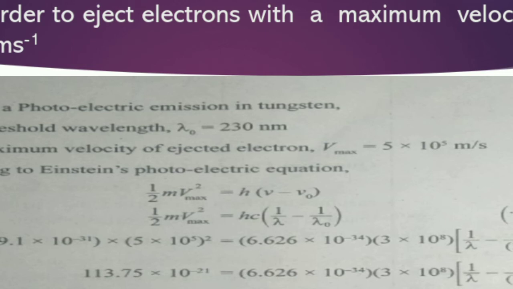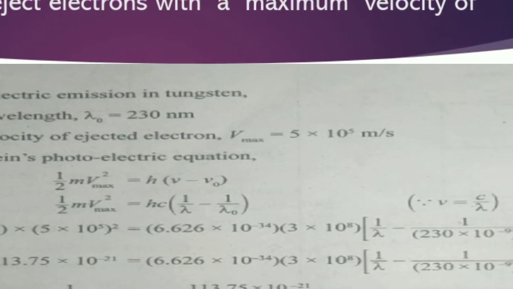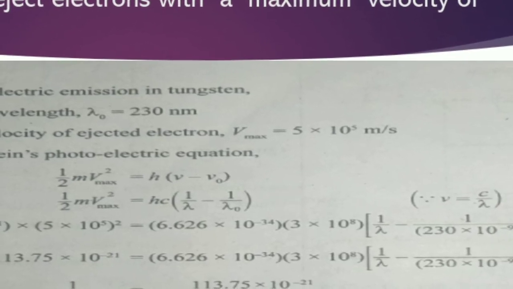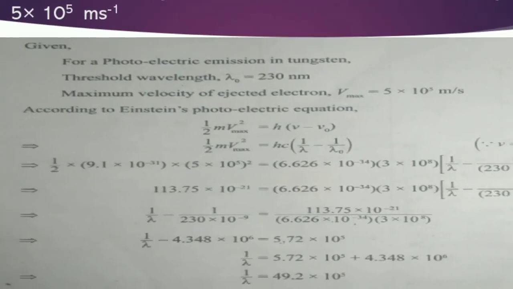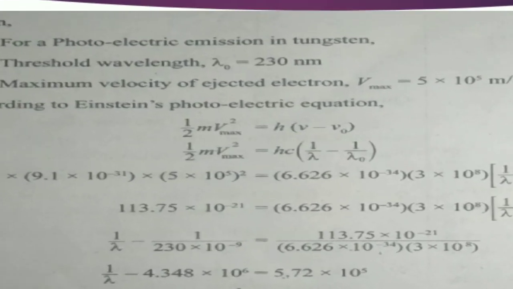Then c, the velocity of light, is 3 into 10 to the power of 8, into 1 by lambda minus 1 by 230 into 10 to the power of minus 9. That means lambda naught is considered as 230 into 10 to the power of minus 9. After substituting and calculating, we got our LHS as